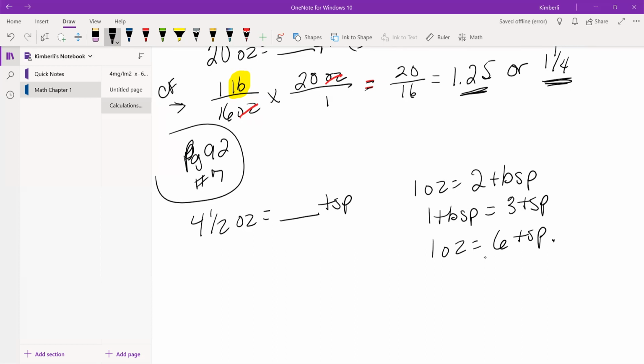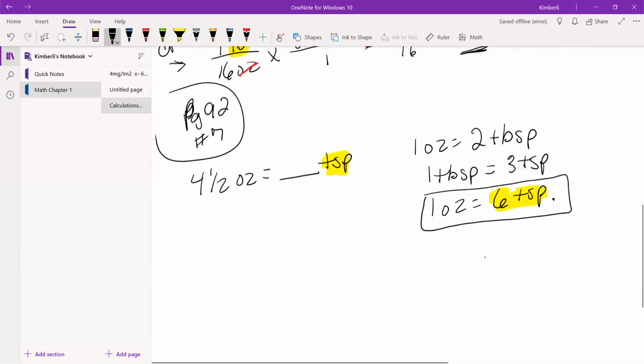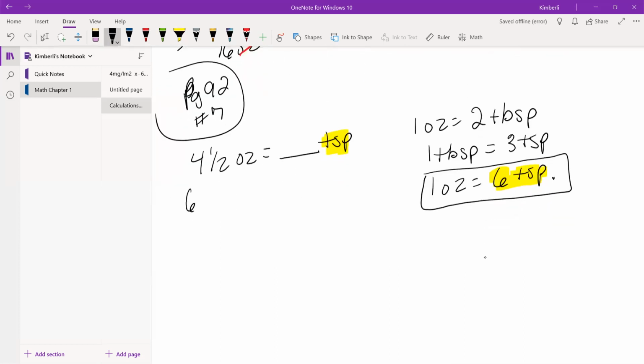So using this conversion sheet, I know that 1 ounce is 6 teaspoons, and I need to put one of those things on top. And if you look at your original problem here, I'm looking for teaspoons. So I want to put the teaspoons on top in my conversion factor. So I'm going to come back here and I'm going to put 6 teaspoons on top because that's 1 ounce, and then multiply it by 4.5 ounces